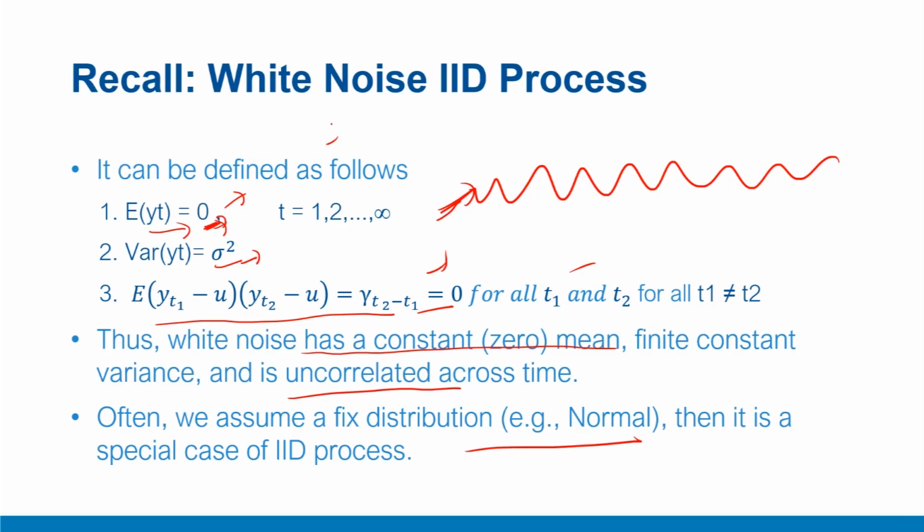Now, why do we need this white noise IID modeling for the error term ut? The idea here is that when you model a process yt, maybe some kind of ARIMA model, and then you extract the residuals from the model, we assume that if the modeling has been good, then the residuals should be very clean. They should not have any pattern or some kind of structure that requires modeling. And therefore, when we are doing the model diagnostics, it is rather a residual diagnostic, wherein we extract the residuals.